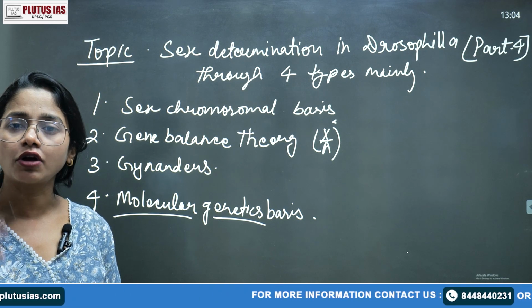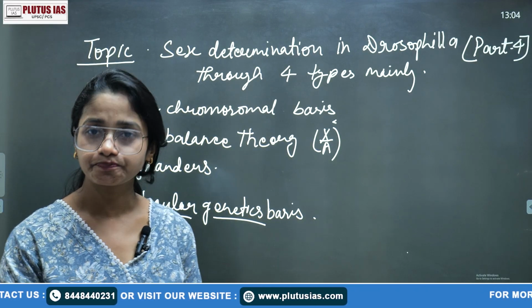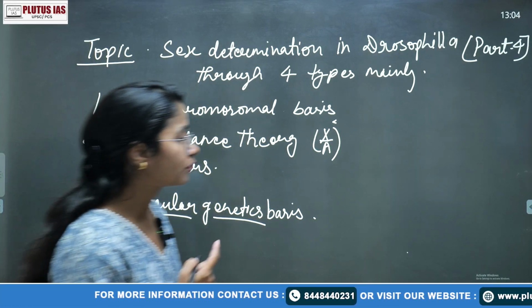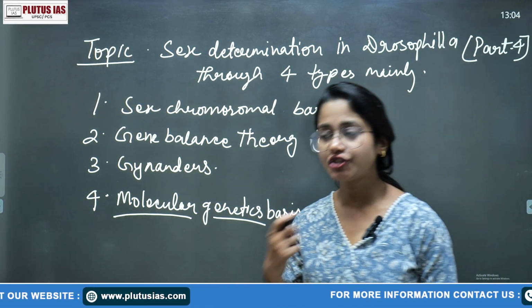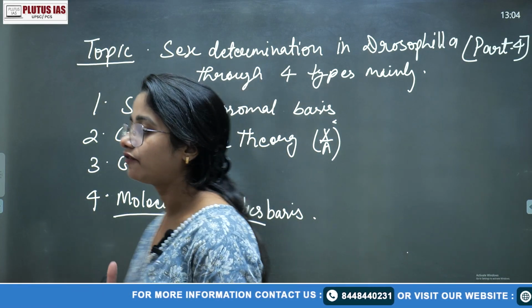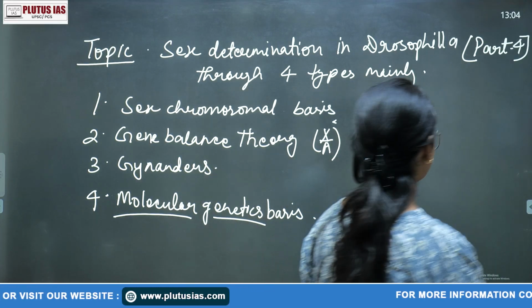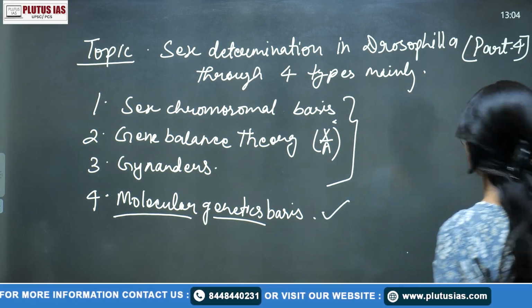The chromosome is made of chromatin fiber, and chromatin fiber is a condensation of DNA plus histone protein, isn't it? DNA constitutes your genes, and genes are involved in various protein formation or character formation, so many things in your body. These three we have already discussed, so today we'll talk about the gene basis.